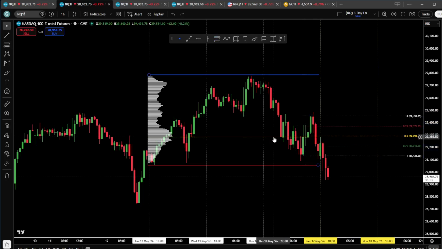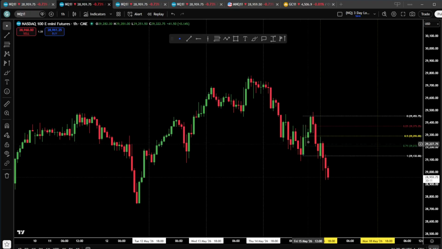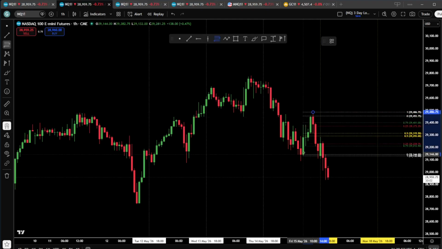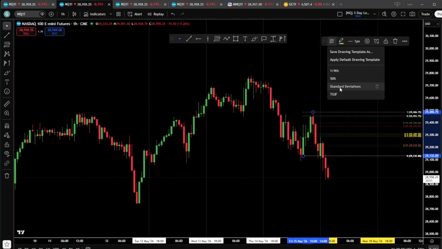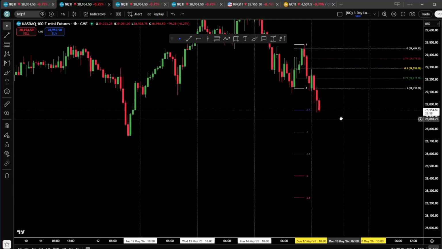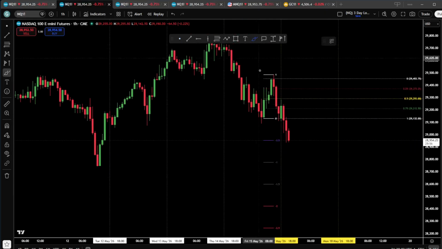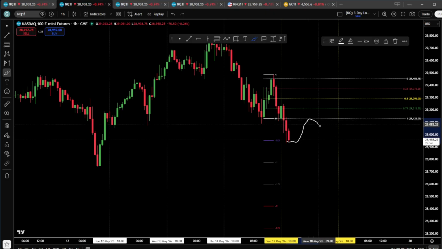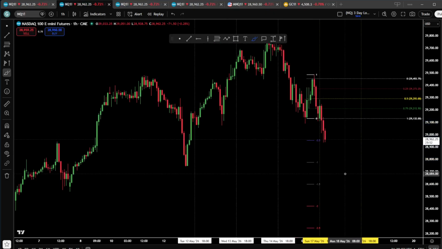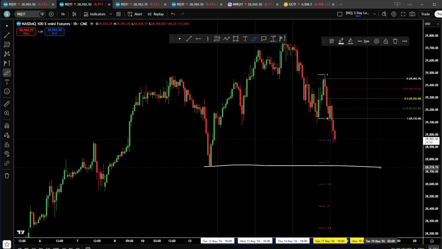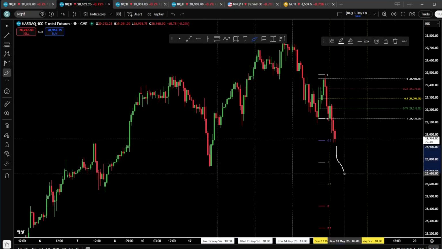this here is a very important level because this is the high of the dealing range that we're currently trading in. This was the last shakeout that brought us to range low. So standard deviations can also be put on this. I can see that so far there could be an opportunity for something like this, and then say it creates a fair value gap at these levels,